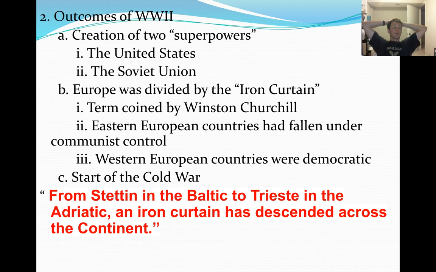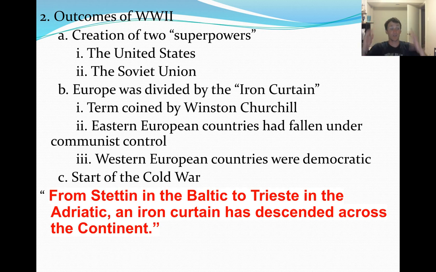So anyway, as far as the outcomes, right, there are going to be creation of two superpowers now at the end of World War II. You're going to have the United States, and you're going to have the Soviet Union, right? And the Soviet Union had pushed back into Europe and taken part of Germany during the end of World War II, after the Germans failed to beat them. You're going to have now this dividing line between communism and the Western democratic and capitalistic countries, right? So this dividing line is going to get dubbed an Iron Curtain by Winston Churchill post-war,